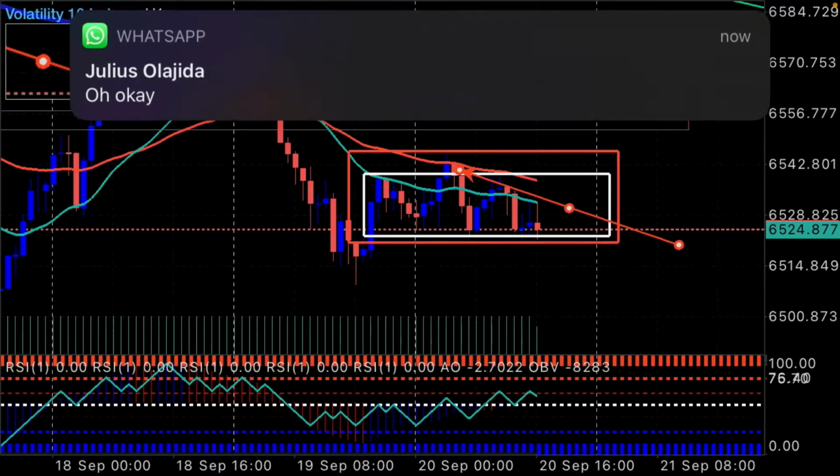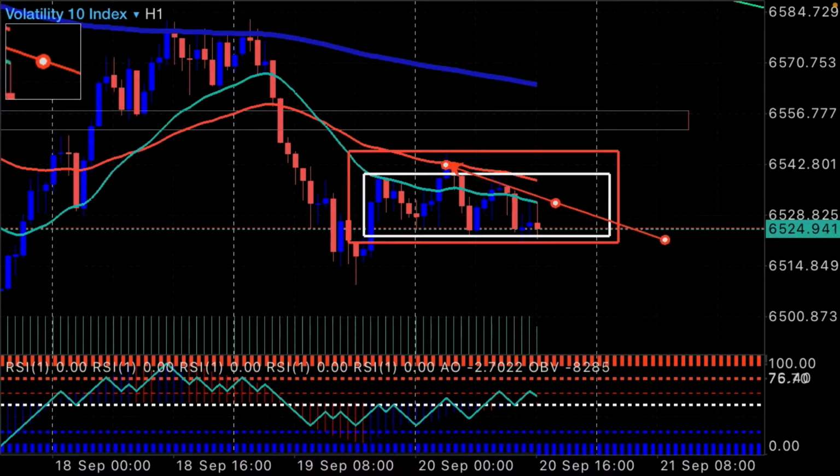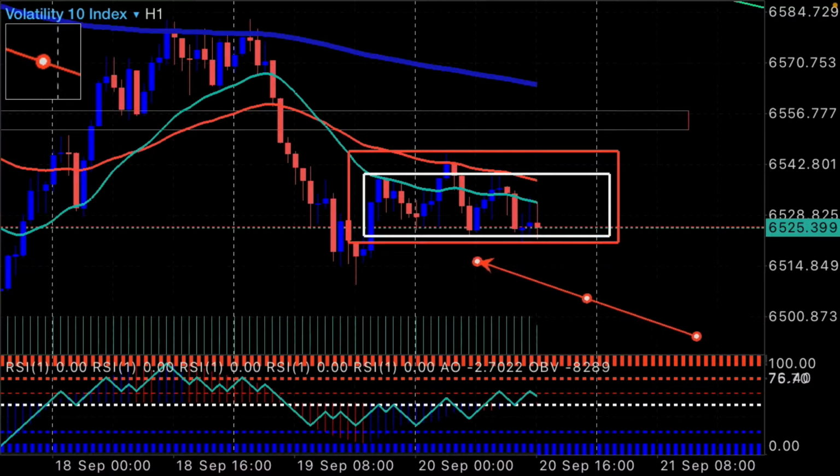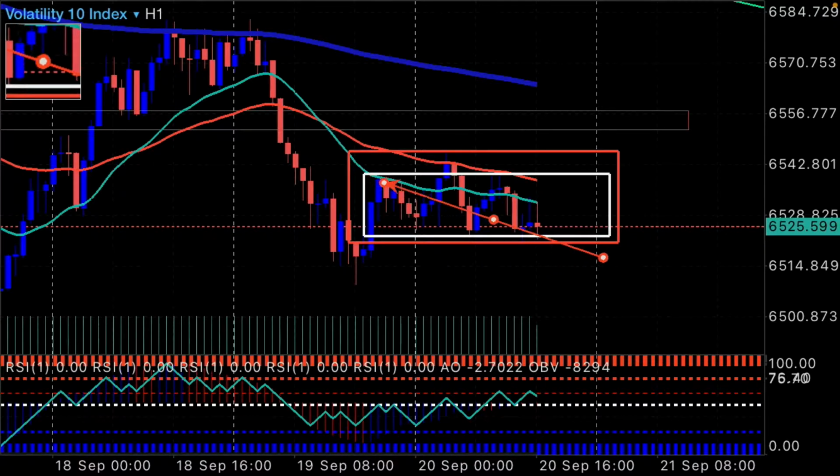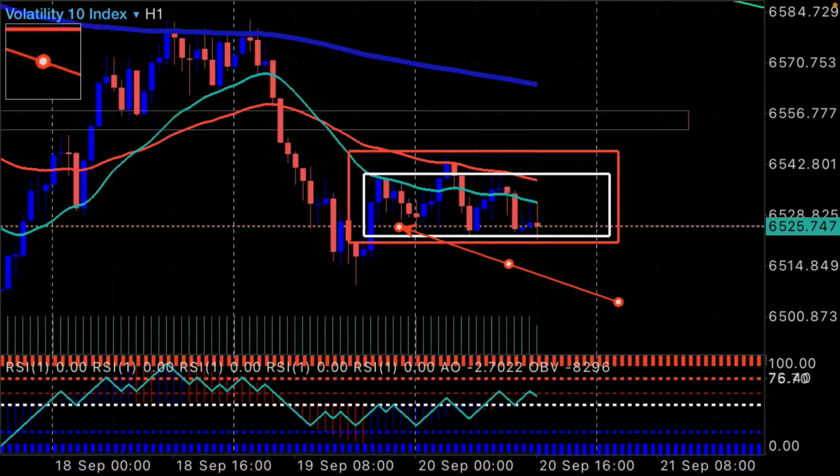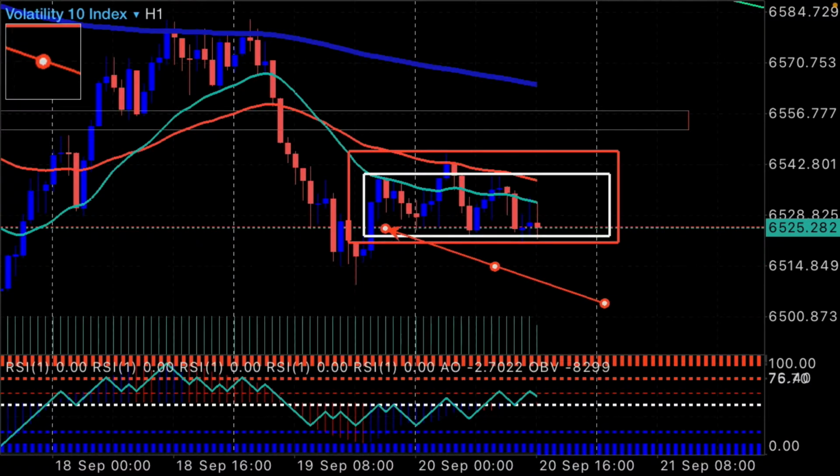This is just trapping people's money. So all you have to do is don't trade consolidation. Once the market breaks out from this box, or why I said draw this box, it just covers this zone, just to know this zone. You see the white box also covers the little retracement it has been doing. This one pops out from the box. That's why I also draw this one, because this normally happens every time.